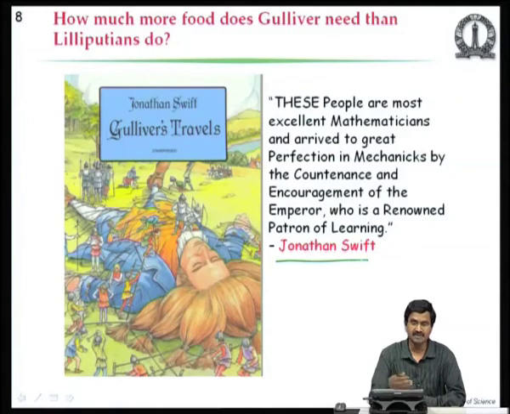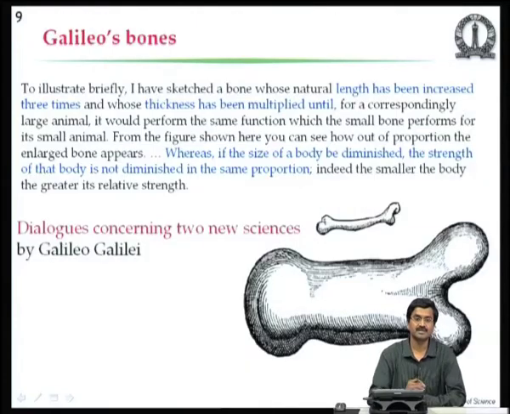compared to what they have, their size is 10, but volume, which is the volume of the stomach to fill his need for satiating his hunger, has to be proportional to the volume, and that is how the food has to be decided. So, there are many more arguments in that book, and people have thought about the scaling for